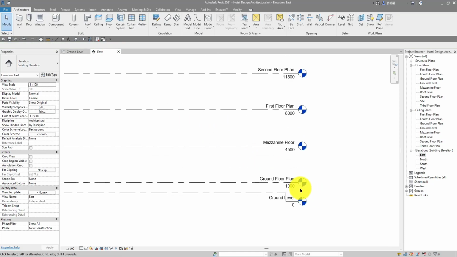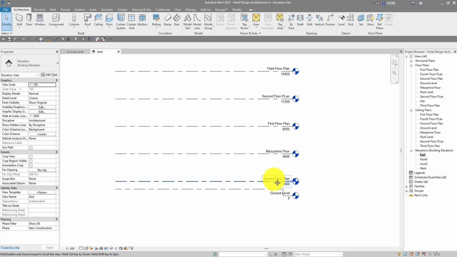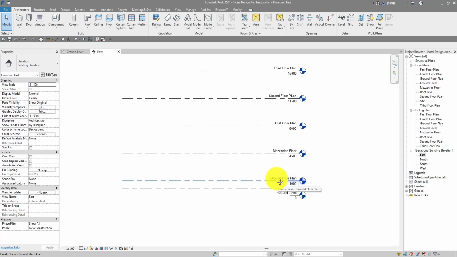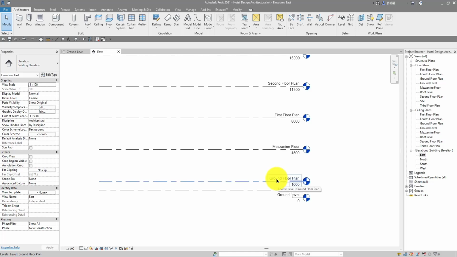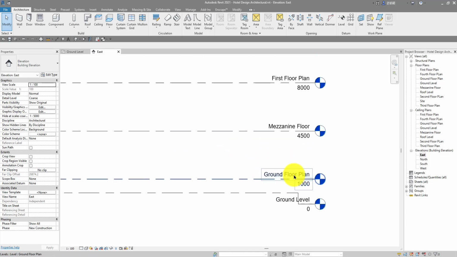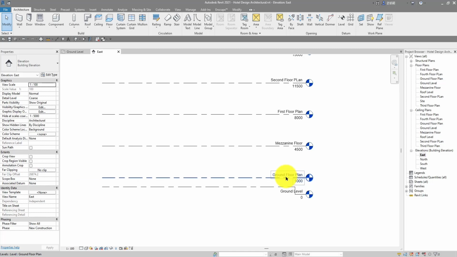We want our walls, the exterior walls, to go all the way up from the ground level to the mezzanine floor. All right, so we don't want it to end on the ground floor. It's not any work. We are going to draw our walls from the ground level, which is here, to the mezzanine floor, which is this level right here,